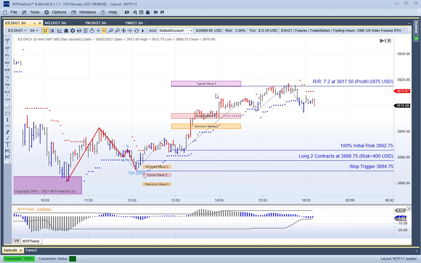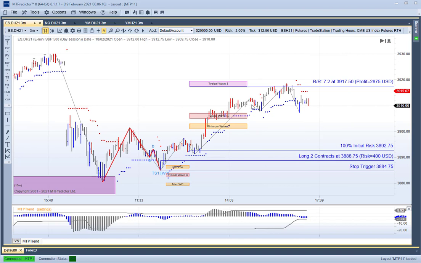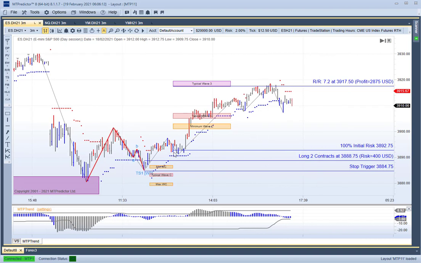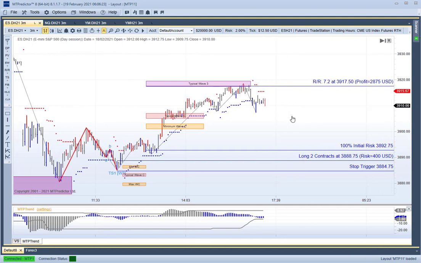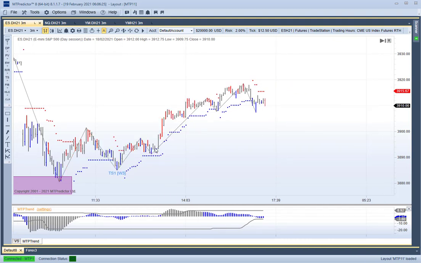The target would be the typical wave 3 WPT. So this would be our target, because remember we're looking to trade the wave 3. So this would be the area we look to take our profit. And as you can see, the market rallied up here nicely, where a profit of just over 7 times the initial risk was available. For those of you with a keen eye, you'll see that this wave 3 here, subdivided,